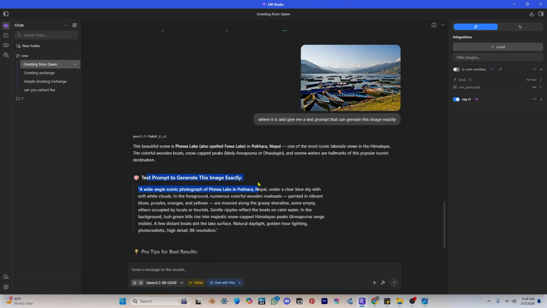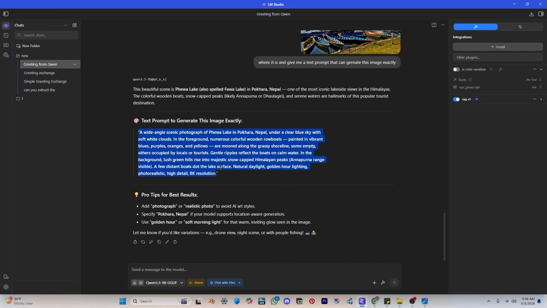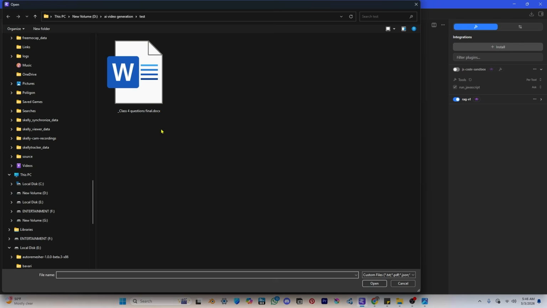And again it has given the text prompt that I wanted, so that if I give it to any image model, it will be able to generate this image from this. I have done it before, so you can try, you can copy from here, but otherwise it will increase the length of this video. And also